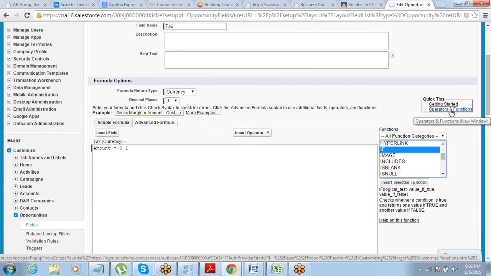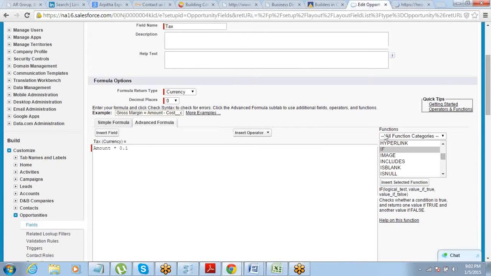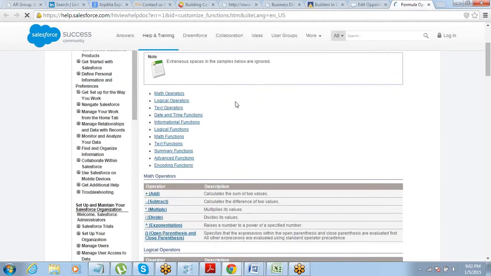You can click on this link and this will take you to a complete reference guide of all the functions which are available with Salesforce, right? But again, having said that, I do not want you guys to go through each and every function. So don't start reading the functions. This is more like a dictionary which you can refer to when you need, but you don't start learning all the words of the dictionary. So same way, this is a reference link for the functions. When you need a function, you can go back and check on this link. Otherwise, it's absolutely fine.